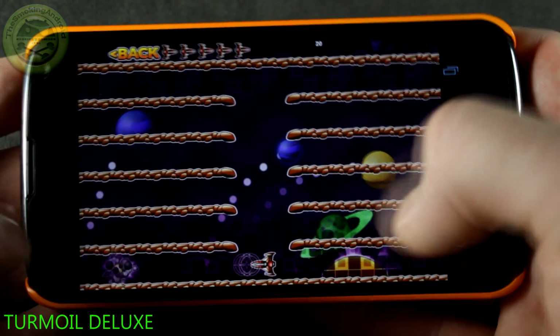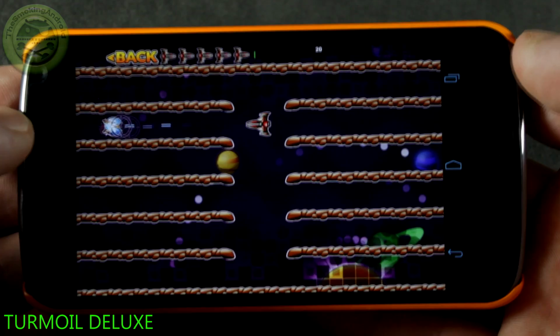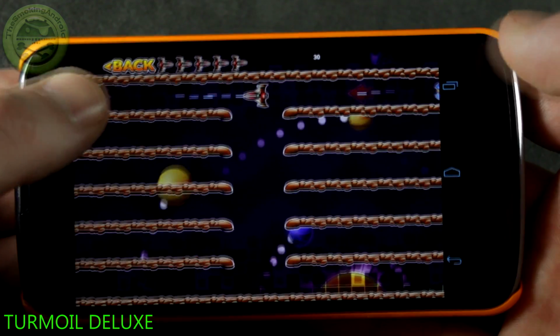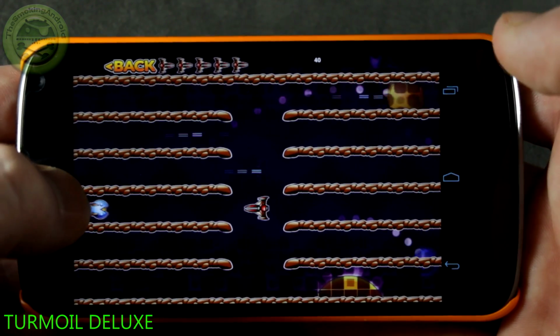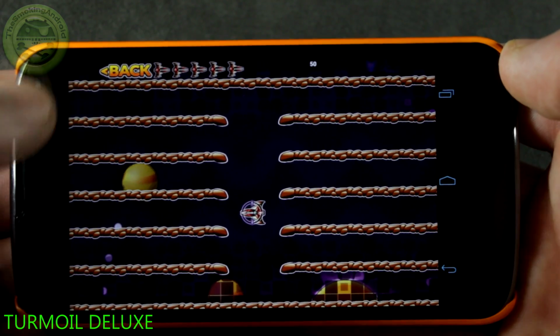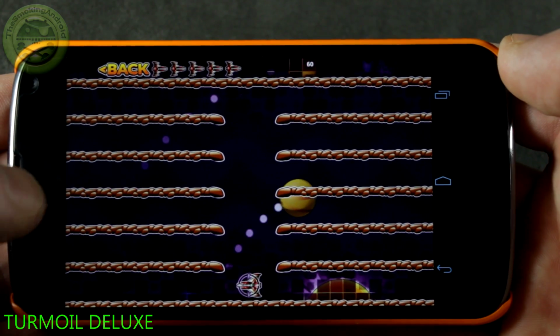Now, you'll notice that we've got these little spaceships, the enemies, coming in on either the left or the right side of the screen here, and you just tap on the screen, depending on which direction they're coming from, to shoot at them and take them out. So what I'll probably do is skip ahead to some of the more advanced levels here, just so you guys can see what we're getting into in the challenge level of this particular